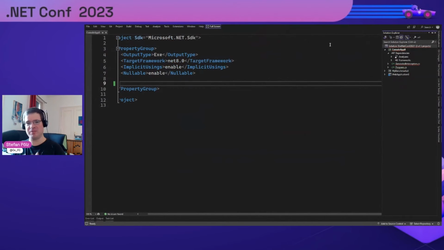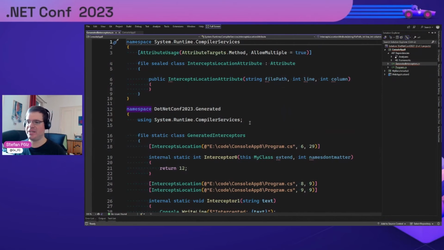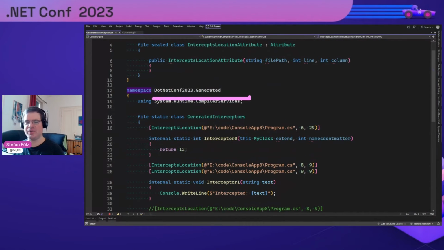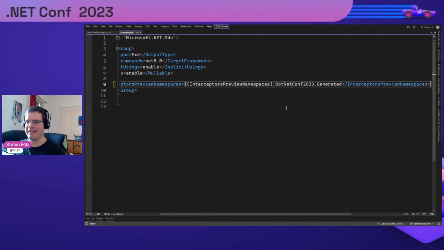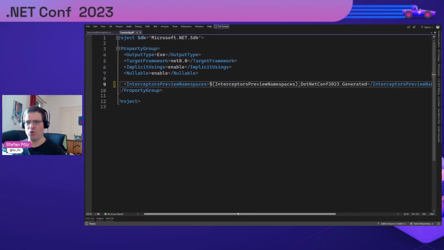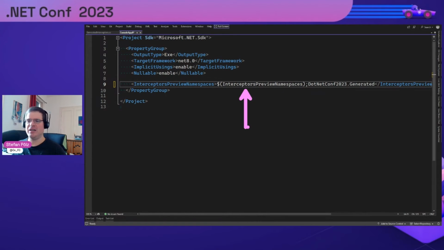So we basically need to explicitly say, hey, I know this namespace has interceptors. In our case, it's DotNetConf2023.Generated. And we are explicitly opting in and allowing that this namespace contains interceptors and may reroute method invocations. It's always good practice to also use the placeholder here, to not overwrite all interceptor preview namespaces, but